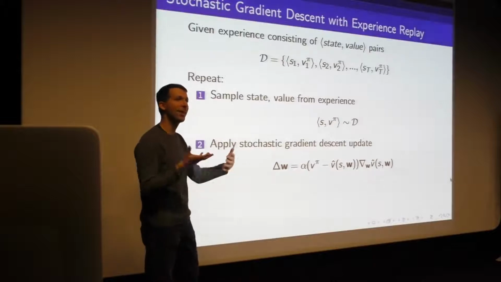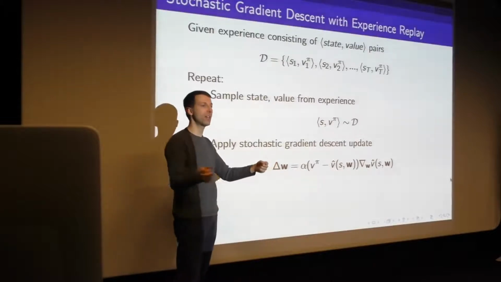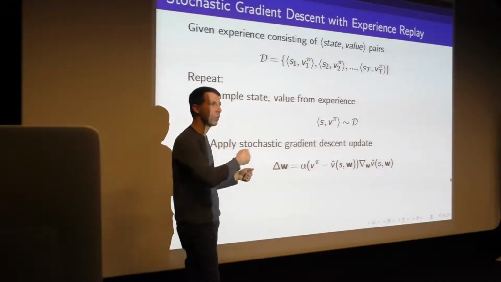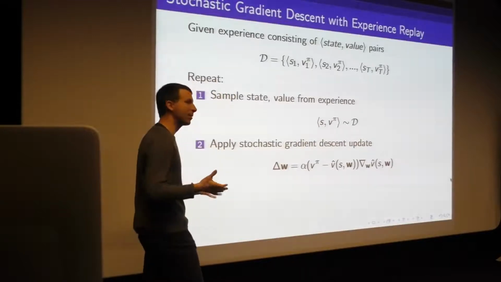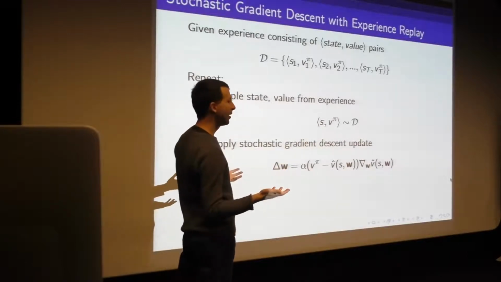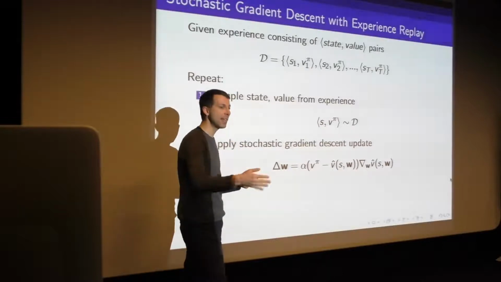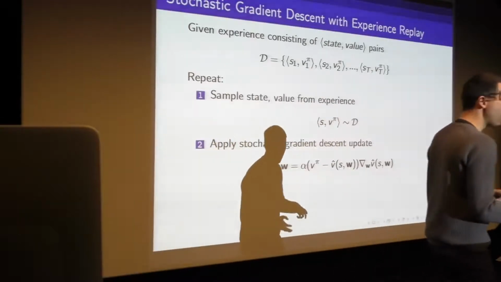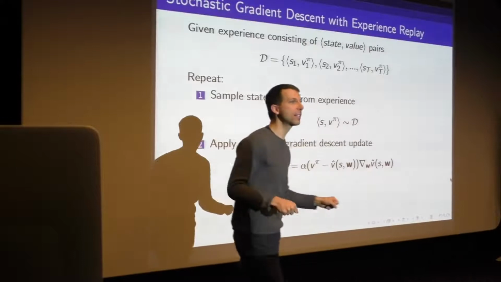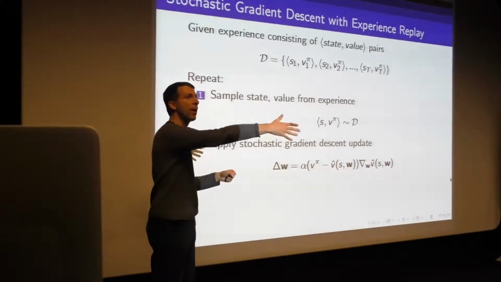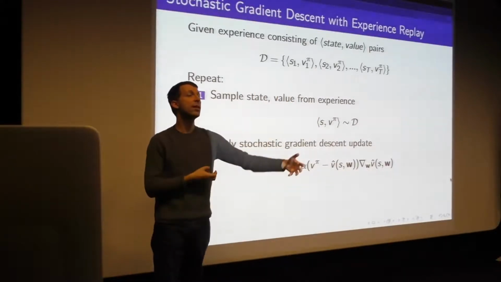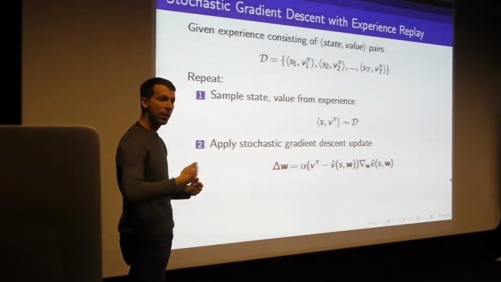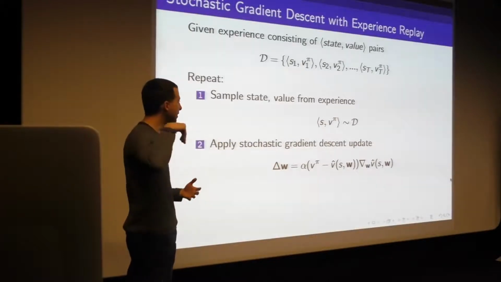That's standard supervised learning. If you get a data set, you always want to randomize over it, you don't just want to do the latest things. You randomize to remove correlations. So this is taking our non-IID data, our whole trajectory, and it's randomizing it. It's breaking it up into all the little pieces so that we're not presenting things in the order they arrive, which are strongly correlated. We're decorrelating things and presenting them in some random order and just applying stochastic gradient descent again and again and again